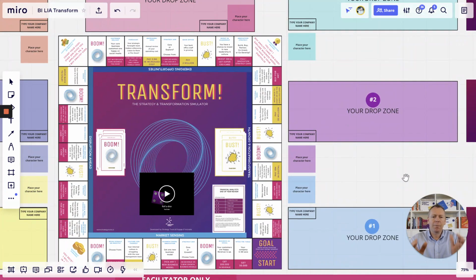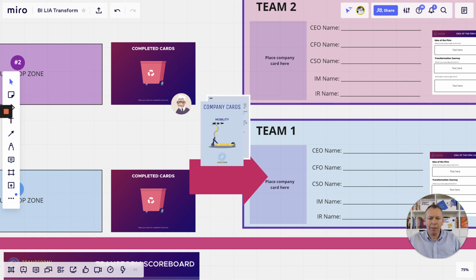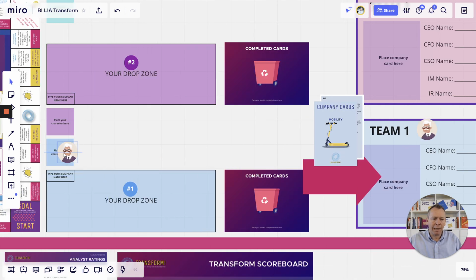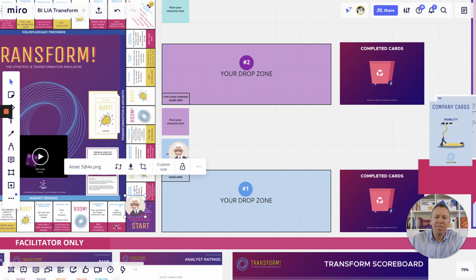I'm now at the center. So you noticed I took the company card, put that in here. So this is our character right here, handsome gentleman right there. I'm also going to copy paste him into the place your character. And I'm also going to put him on the starting line. Now, this gentleman is lined up for start. All right, that was easy.